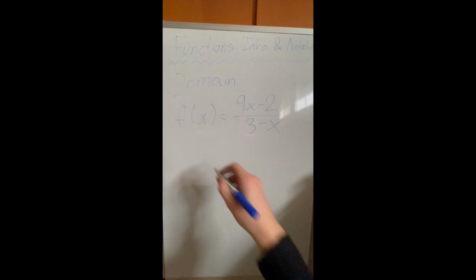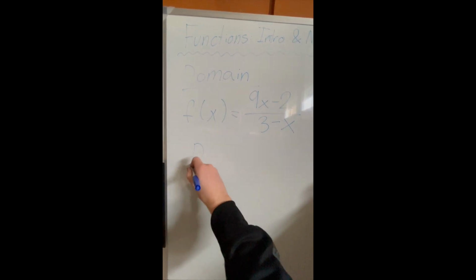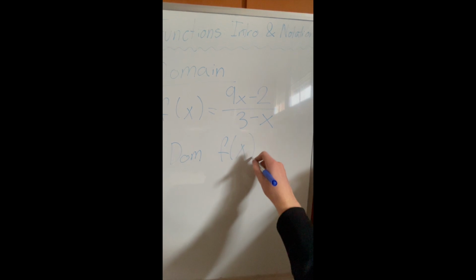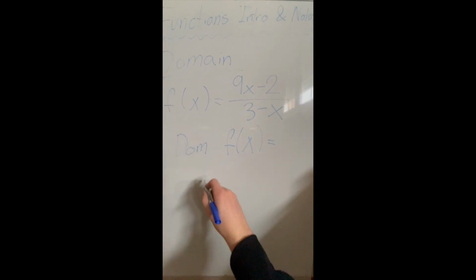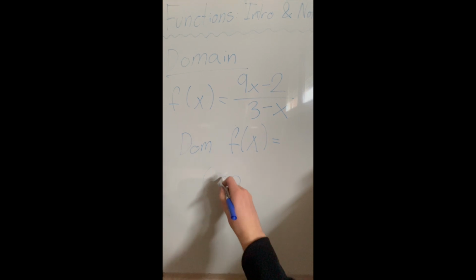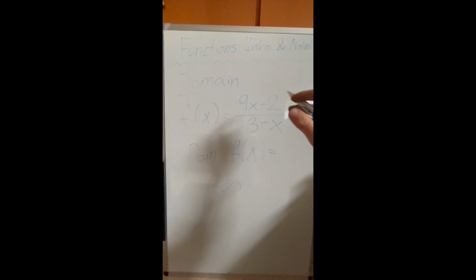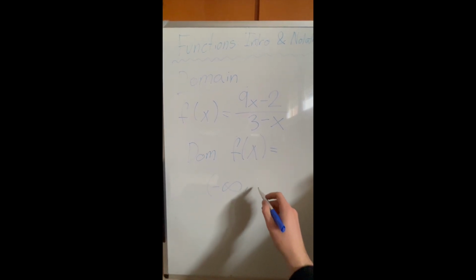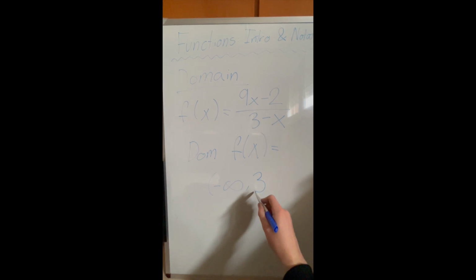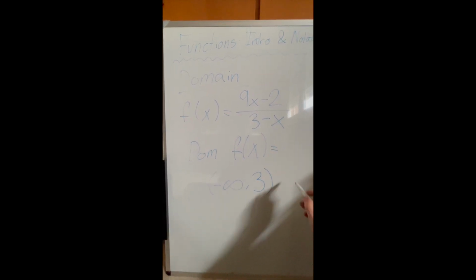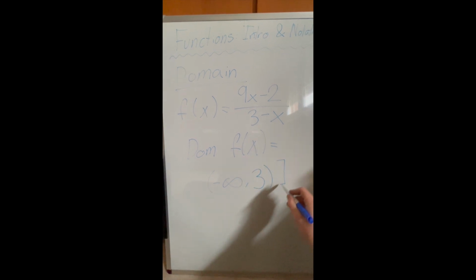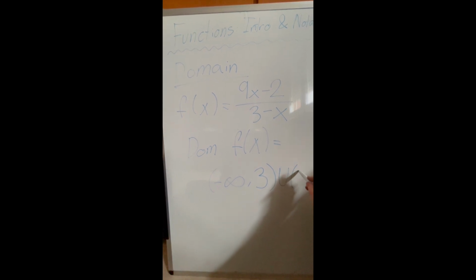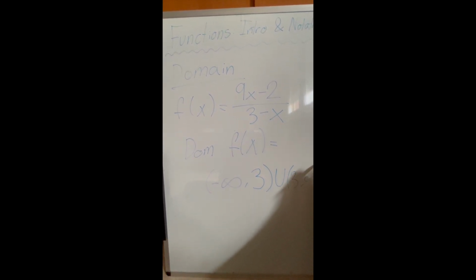So, to do this, we can say that the domain, DOM, you can also simplify it like so, of f of x is equal to negative infinity, because it can also be a negative number, a fraction, doesn't matter if it's negative or positive in the denominator, minus infinity to 3, not including. If it were including, it would be square brackets, and normal parenthesis is not including,